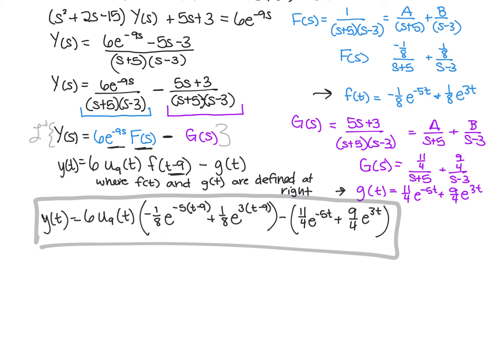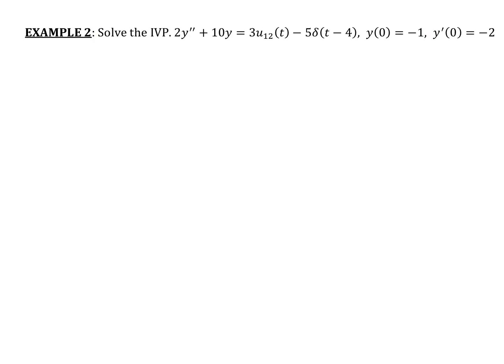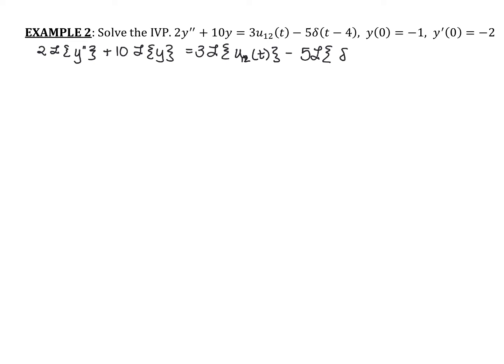So let's hit pause on the video and have you try the next example and see how you do. All right, so now we had a chance to try this one. So my first setup is I'm going to take 2 times the Laplace transform of y double prime, plus 10 times the Laplace transform of y, equals 3 times the Laplace transform of, we've got some fun stuff going on here, the unit step function at 12, minus 5 times the Laplace transform of the Dirac delta function,